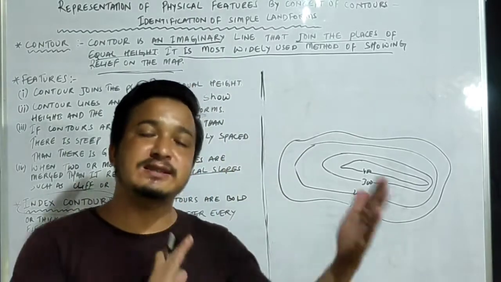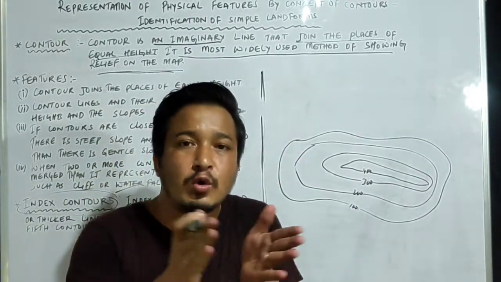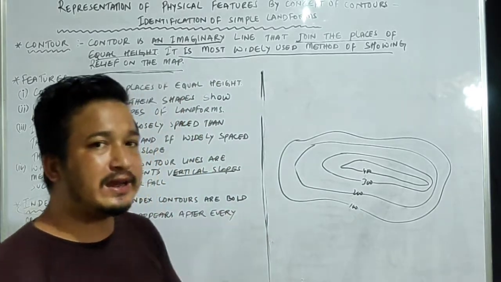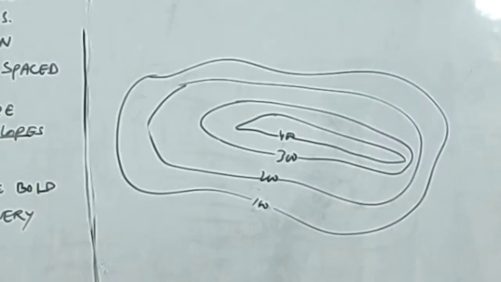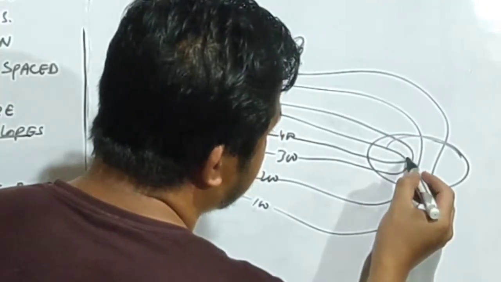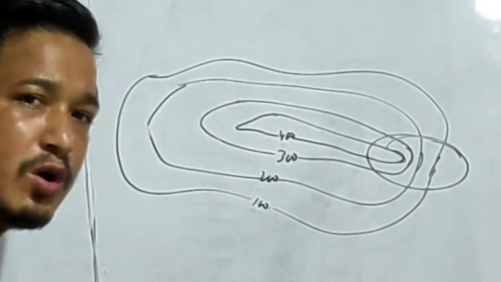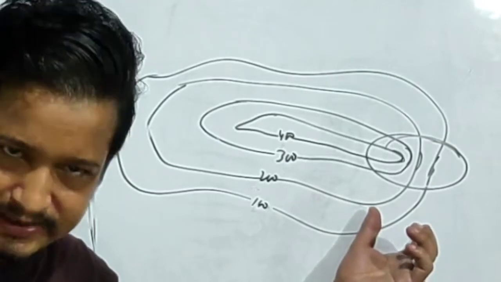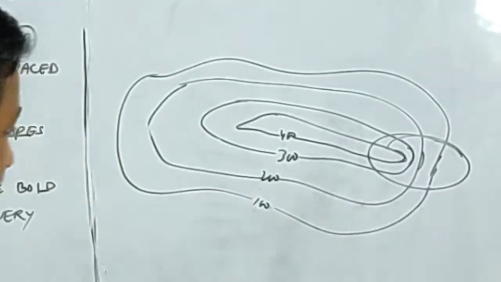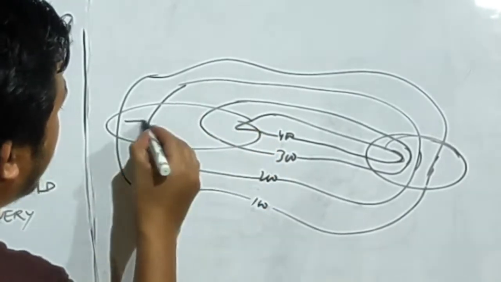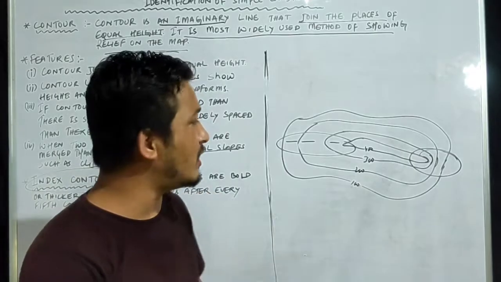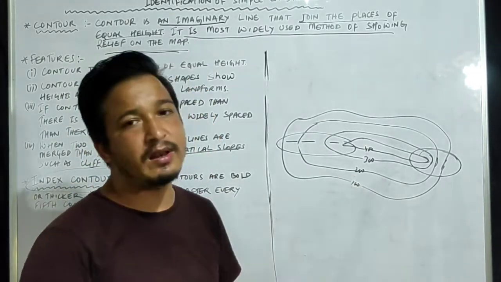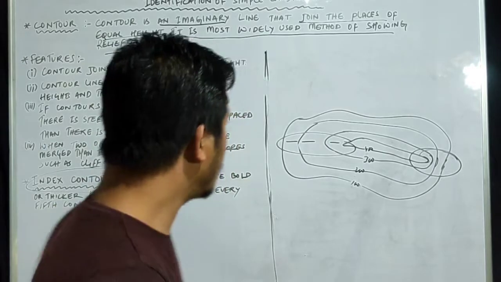What I told you, if these contour lines are closer to each other, then that is steep slope, and if contour lines are apart from each other or far from each other, then that is gentle slope. So here you can see in this region these contour lines are closer to each other. So what kind of feature we have here? It is steep slope. Yes or no? Steep slope. And here you can see in this region contour lines are apart. Their gap is very big, it means the gap is bigger or larger. So that's why this region will have gentle slope. That much only you have to learn and keep in your mind. And these things will be there in your examination paper, that is on your question paper of geography.